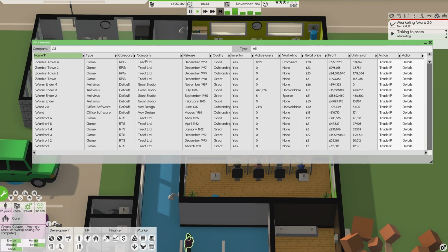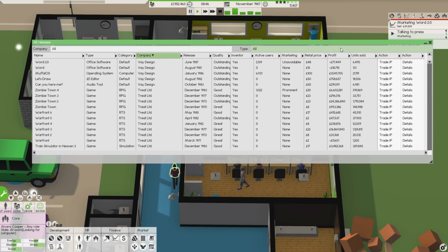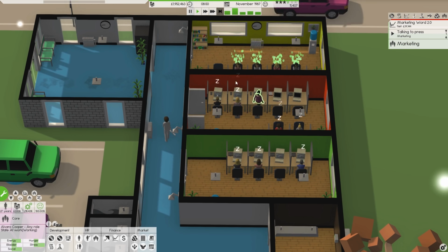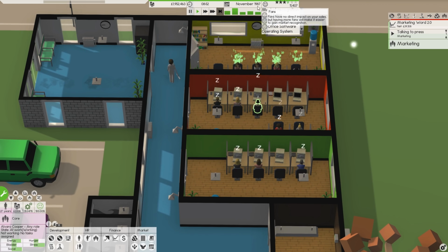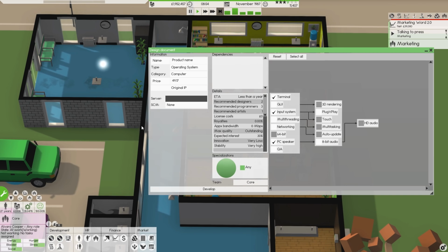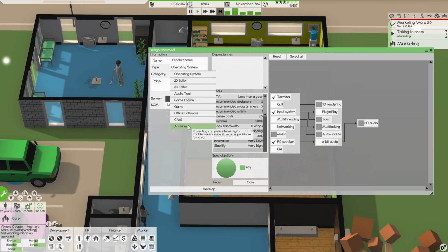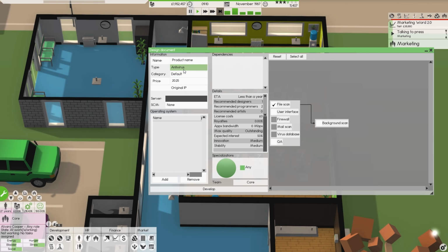Let's arrange these by company so I can see my own things. Okay, I guess. So we were going to work on Let's Draw, I think it was, wasn't it? So develop software. Oh, it's a 3D editor as well now. Antivirus. Oh, somebody mentioned that as well. As soon as it comes available, I should work on it. Maybe that's worthwhile. Antivirus, default. Let's do that as